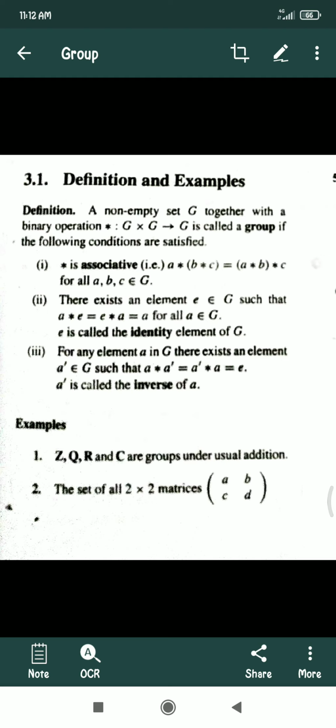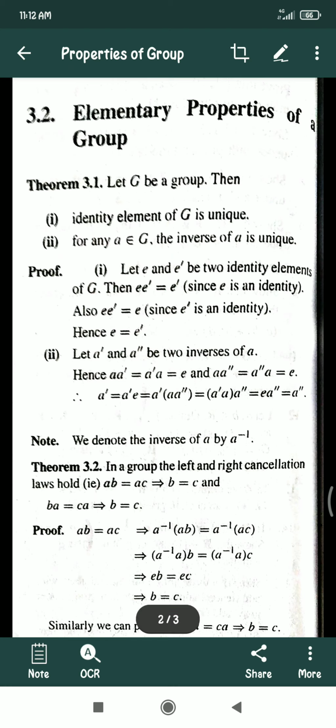Next we are going to see the elementary properties of a group. Here we have a theorem for that. We choose a group G. Then we have to prove that the identity element of G is unique, and if we choose an element from G, the inverse of that element is unique. So we have to prove the identity is unique and the inverse is unique. So we go into the proof of the theorem. According to the proof,